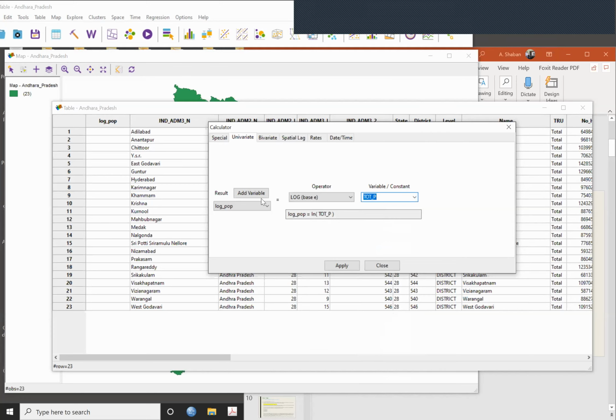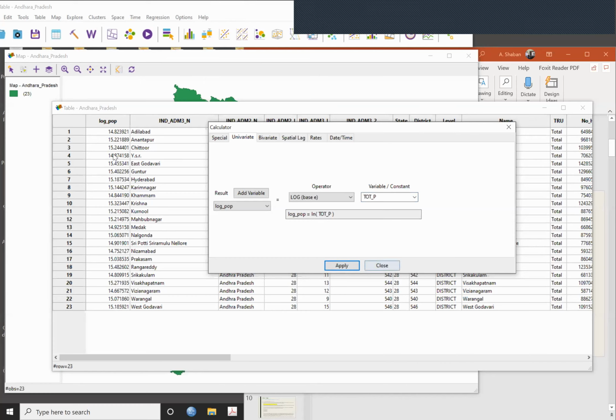So how I have written it, just see: log population, which is actually my variable here, is equal to a log base E operator, which will be assigned the variable name, which is total population. And now this formula is visible here, so you cannot commit any mistake. Log population equal to ln total population, and you say apply. Now the log of the total population has come here.